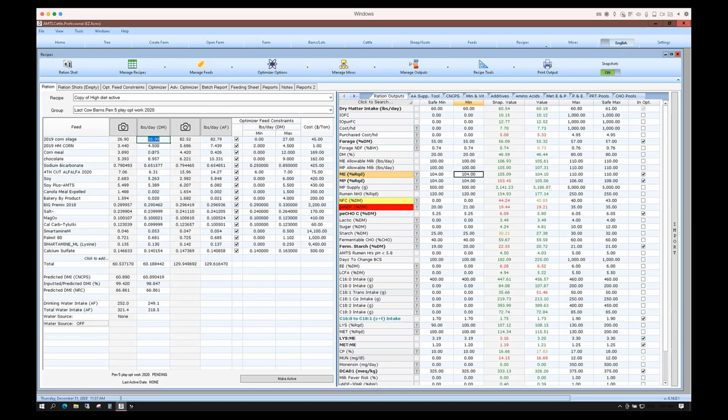But then when we look at the amount of forage that they have available for the optimizer, the maximum they could ever achieve would be, say, 45%. So it would never be able to find a solution. So there are little things like that you have to be looking at. Optimization is a tool to help evaluate lots of diets, but you still have to set up constraints that are realistic.